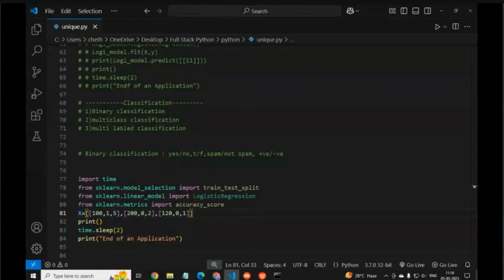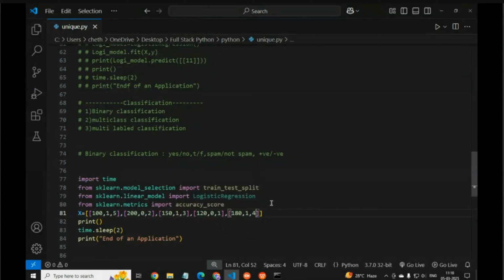150 comma 1 comma 3, like that we have to write. And then 180, 1 comma 4.